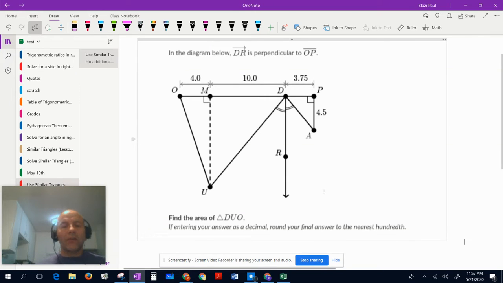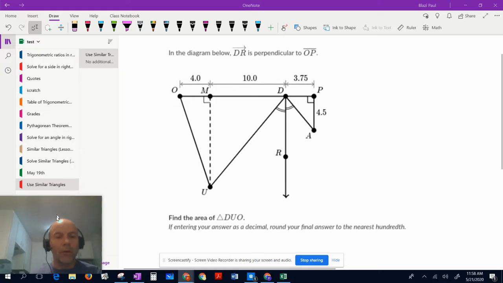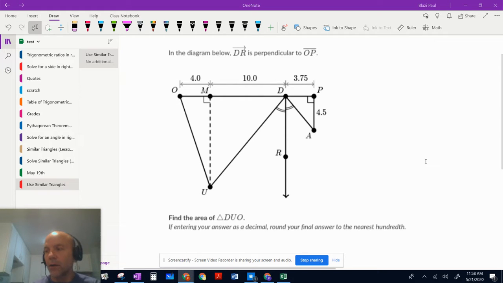Guys, here is a similar triangles problem. Use similar triangles. This is probably the hardest skill people have struggled with on the Khan Academy assignments. So here we go. In the diagram below, ray DR